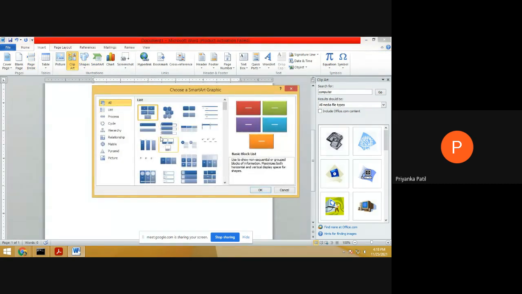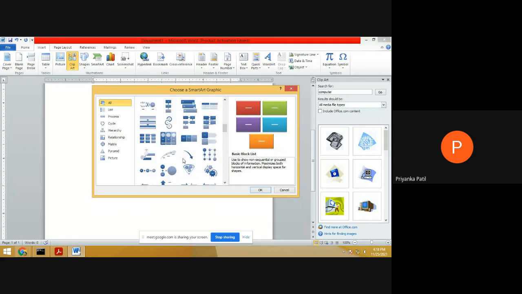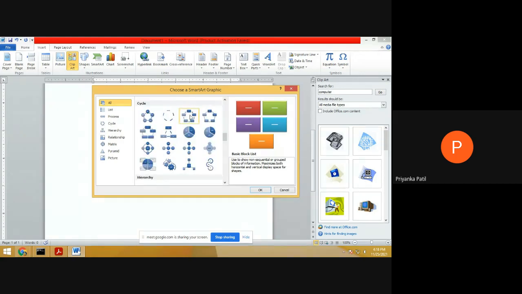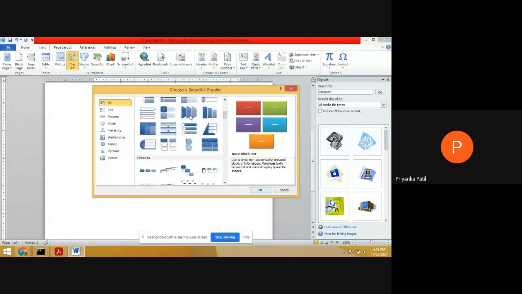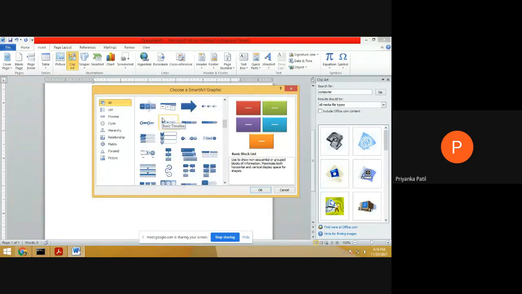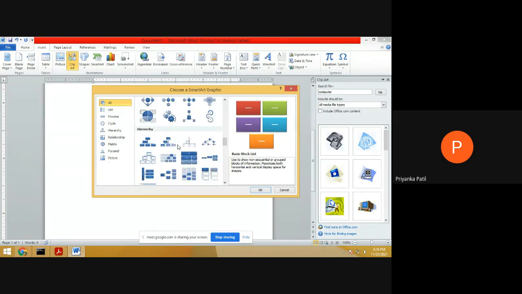So with the help of this, we can create a hierarchical representation. If we consider the hierarchical representation, we can select n number of options here. Then we can consider the circle representation. If you want to display the process of execution of anything, we can refer to this with the help of smart art. For example, if we display the hierarchical format of any topic, then we need to